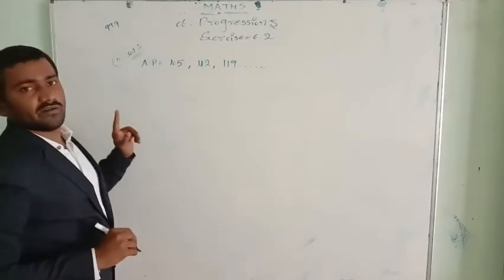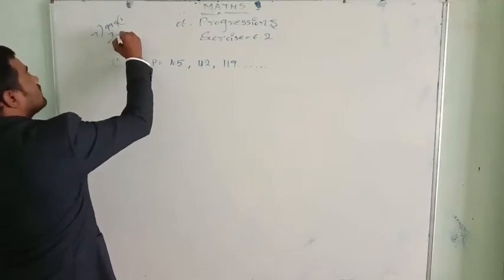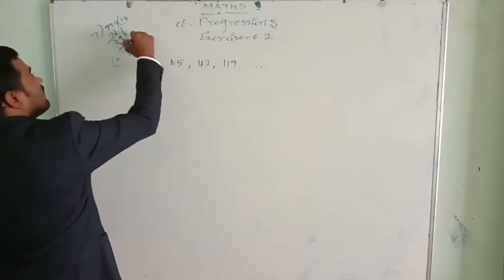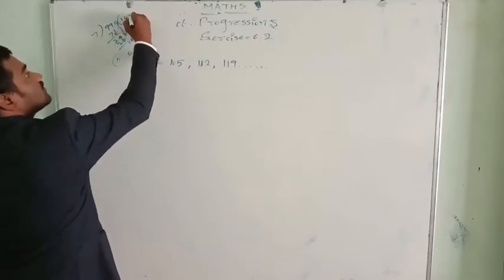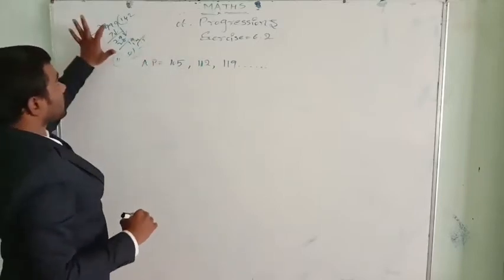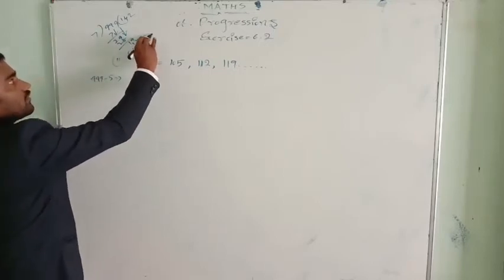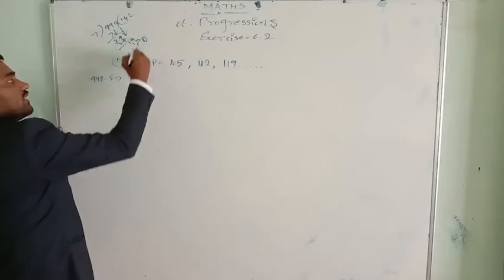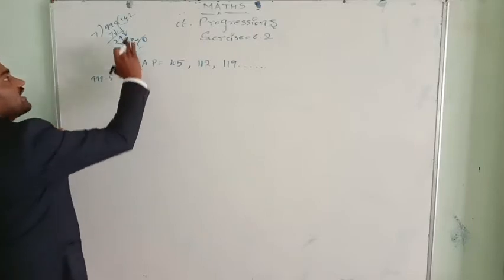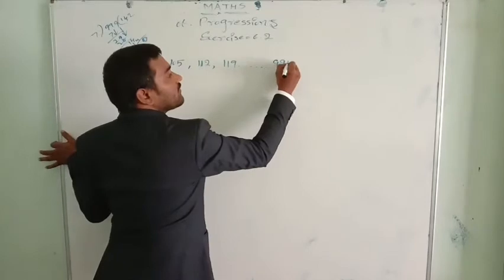The last 3-digit number, 999. Is it divisible by 7? No. Once you divide, 7 ones are 7, 7 fours are 28, 7 twos are 14, and we get the remainder 5. So 999 minus the remainder 5 should be 0. Then we get 994. Exactly, this 994 is divisible by 7. So the last number is 994.